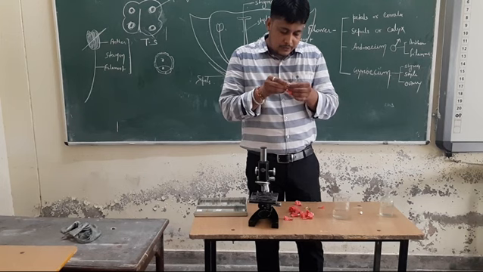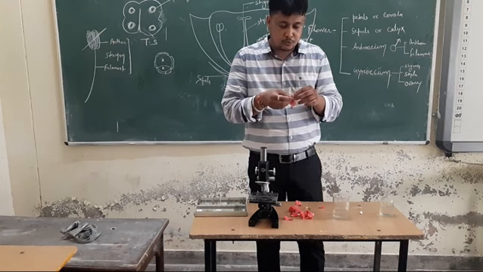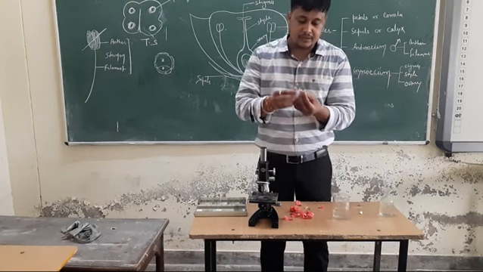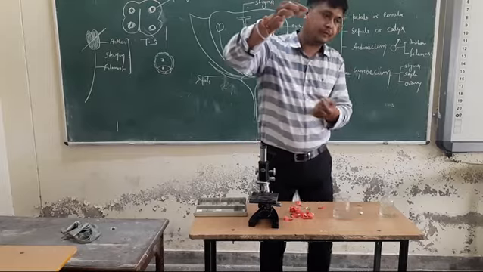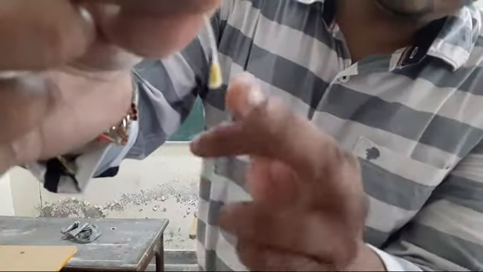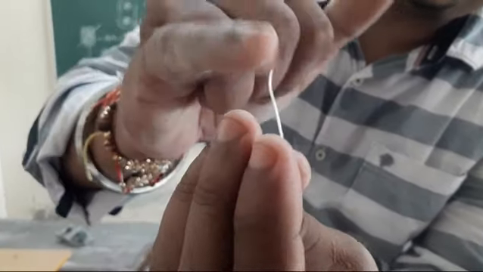And the male and female parts are responsible for fertilization, to produce their gametes. Dear students, that is very simple. That is the female part of the flower. That is the ovary, that is the style, and that is the stigma. So this is the female part of the flower.